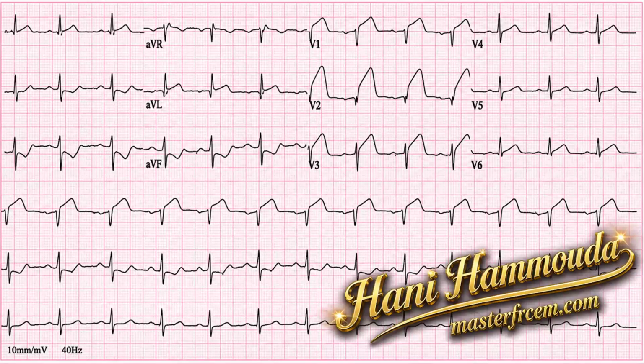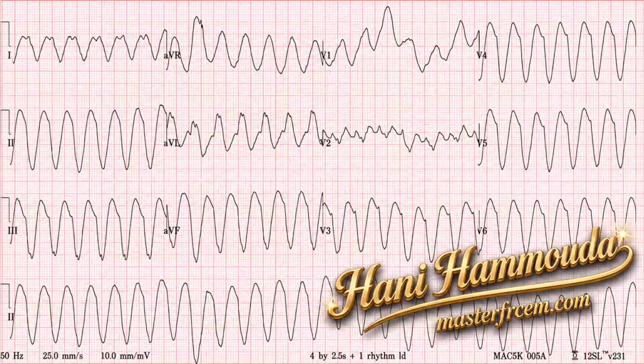You give three DC shocks. Okay, excellent. You give amiodarone. Okay, the patient was not alive after amiodarone when you reassessed the patient. Excellent. I think you did well. When the patient has cardiac arrest, you activated the cardiac arrest call. Excellent. The most likely problem is thrombosis. Did you mention that? No, I didn't mention that.